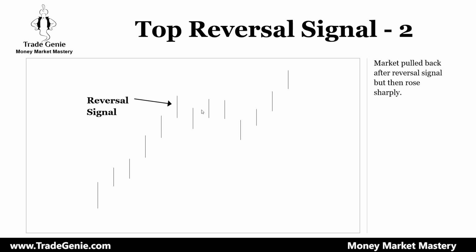Now, reversal signal, let's say the reversal signal appears here, and the market is doing this. So you're waiting for the feeling good moment. Let's say the feeling good moment comes here, and you take action. So you took action,